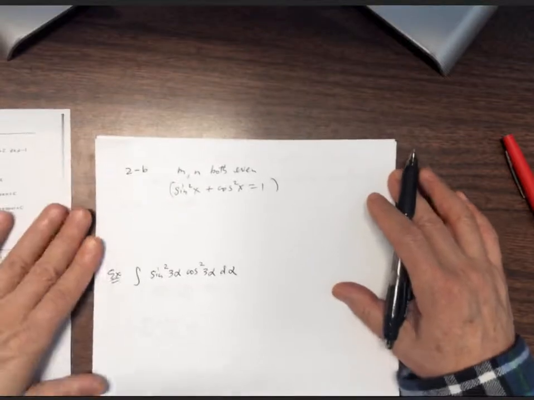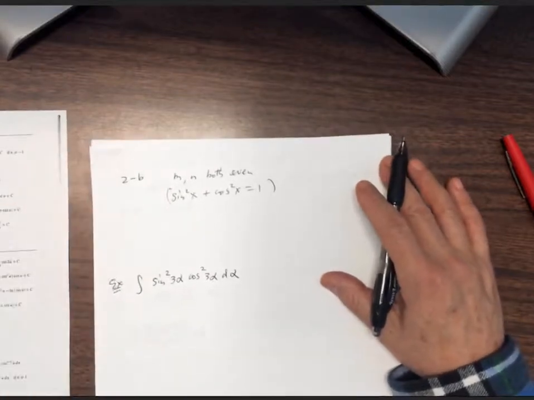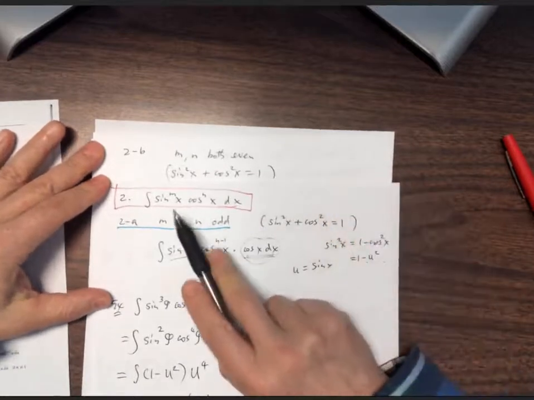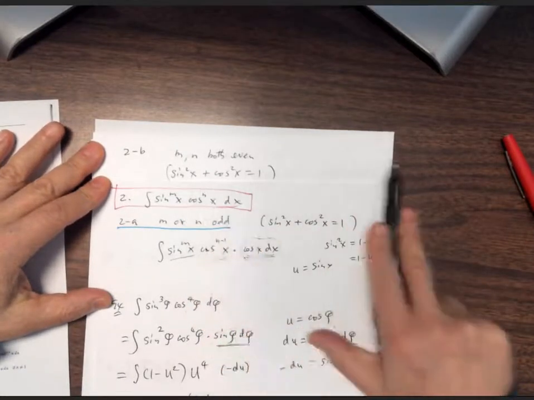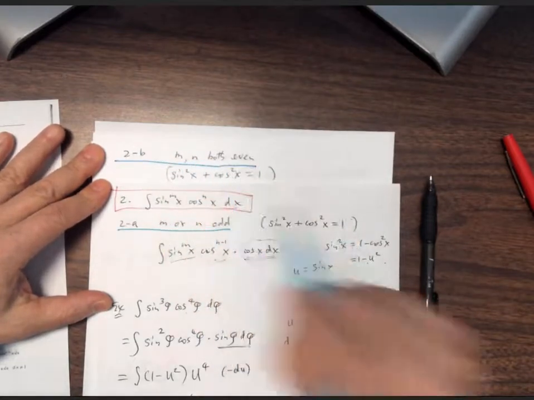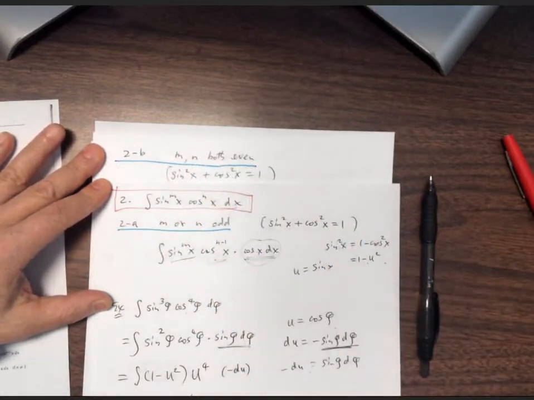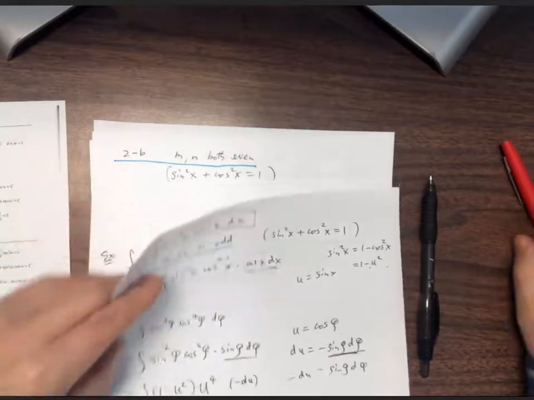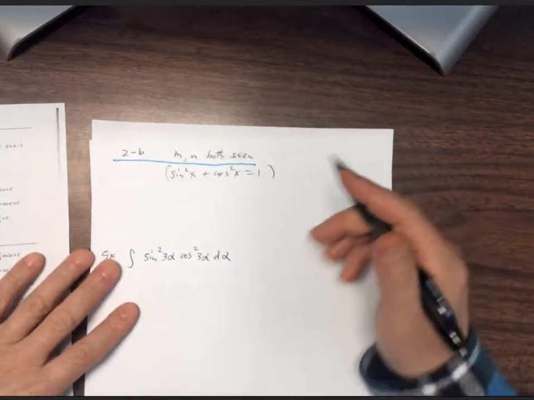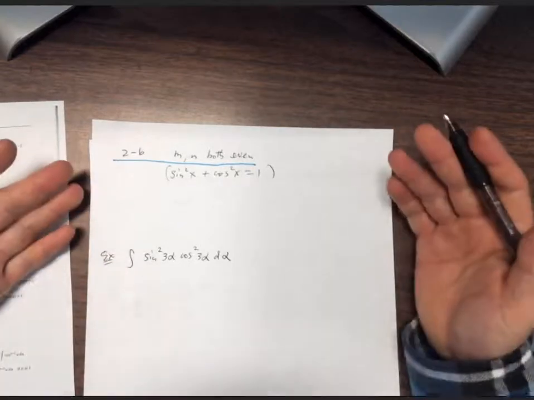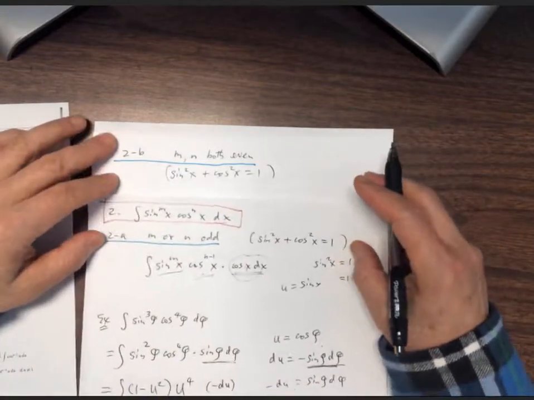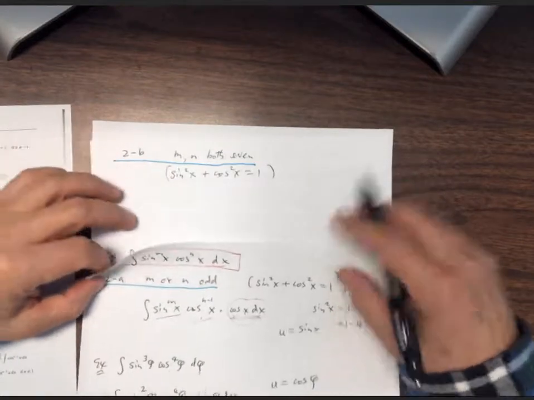Now, second case. In this integral, both powers are odd. Well, this time we cannot expect a u equal to sine or u equal to cosine kind of substitution to work out. So what we can do is to rely on the